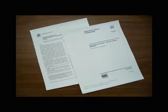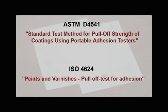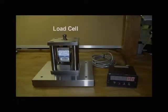The two most common standards for pull-off adhesion testing are ASTM D4541 and ISO 4624. The DeFelsko PosiTest pull-off adhesion tester shown throughout this video is specifically identified in Annex A5 of ASTM D4541. Every PosiTest adhesion tester pressure system is calibrated and certified to plus or minus 1% full-scale accuracy using a